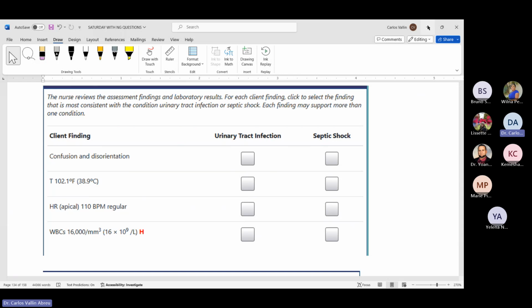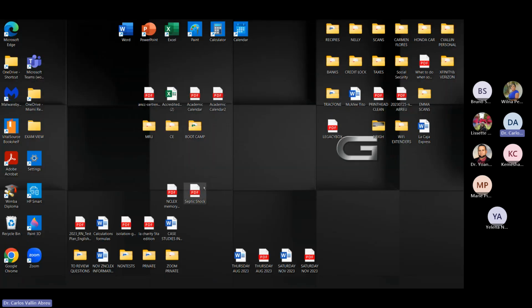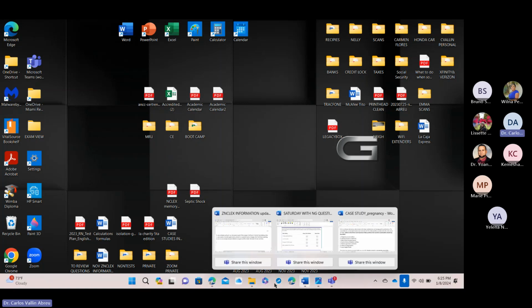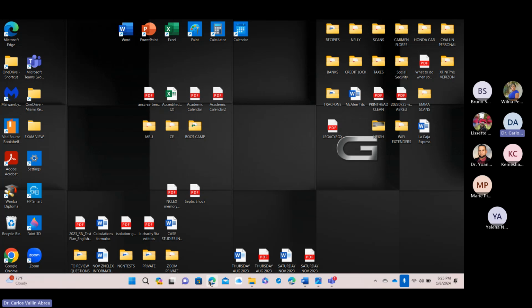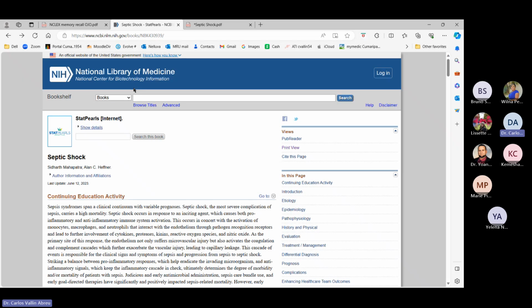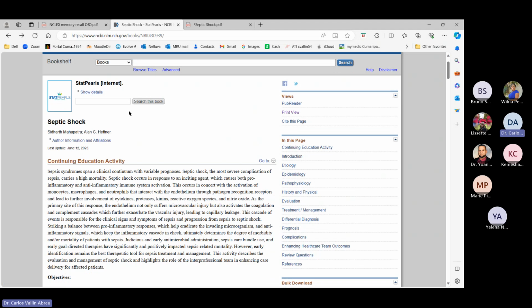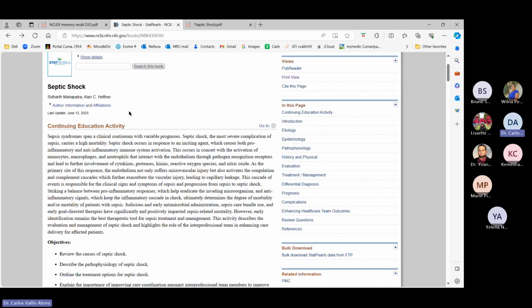And quickly before starting the class, I went to download something coming from the peer-reviewed literature. So we look in the National Library of Medicine for something about septic shock, and what is said here: